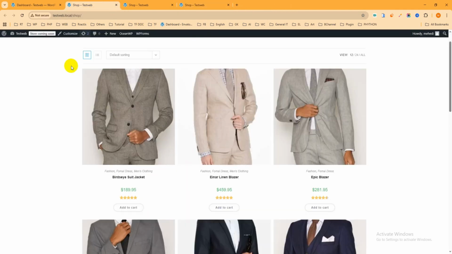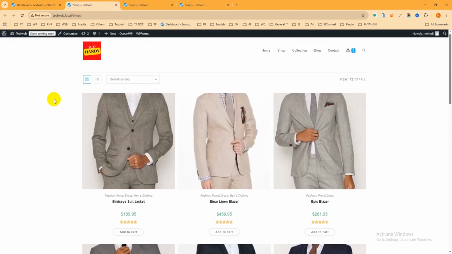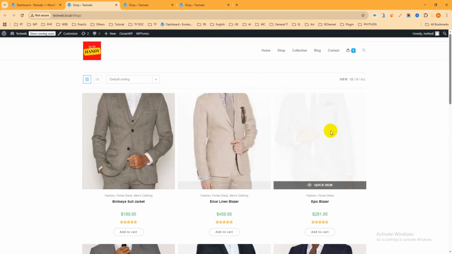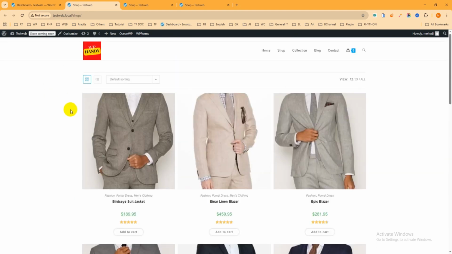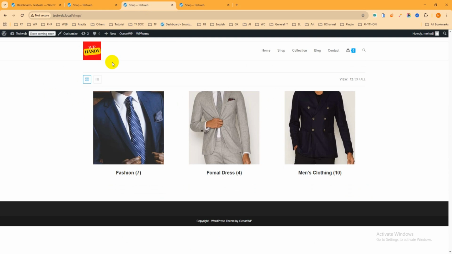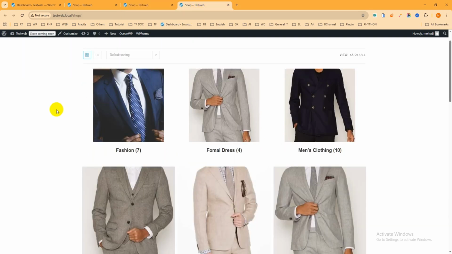Go to the website. This is an e-commerce website which I built only for this tutorial purpose, and currently I am visiting the shop page. You can see in the shop page products are showing. You can see this is the product name or title, then the price, add to cart button. If I navigate to another tab, then you can see this is another shop page where it is showing only the product categories. You can see fashion, formal dress and men's clothing, and another tab, and here showing product and